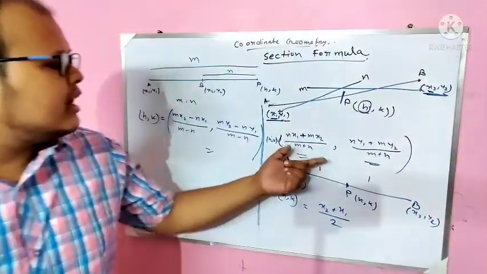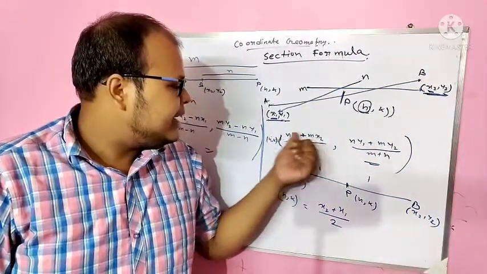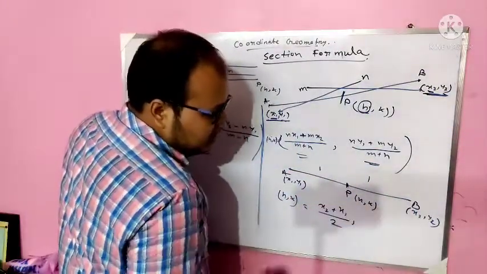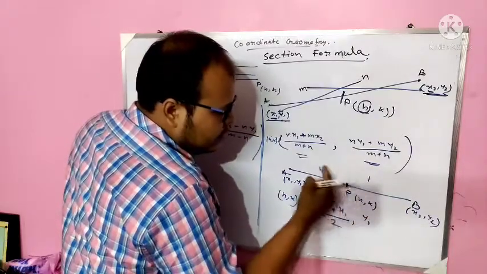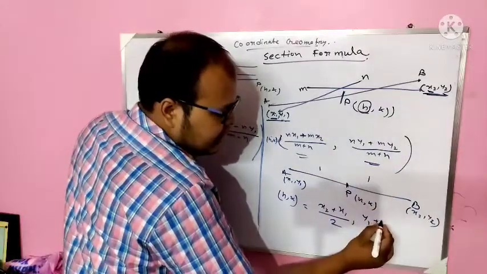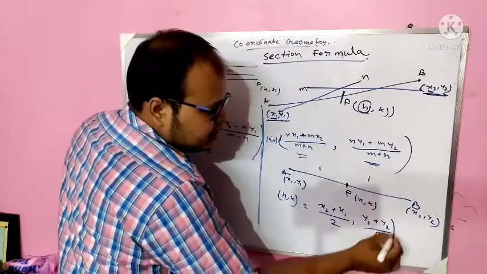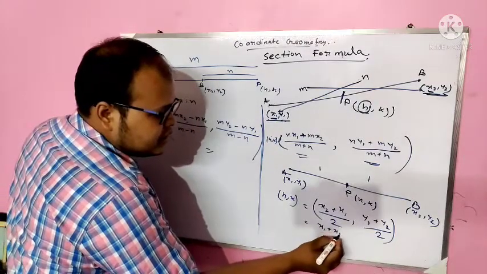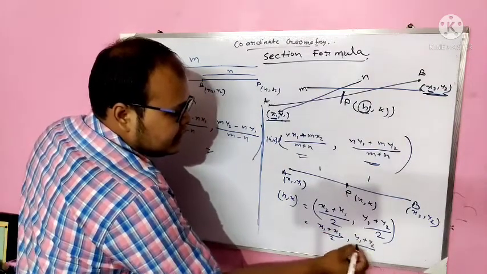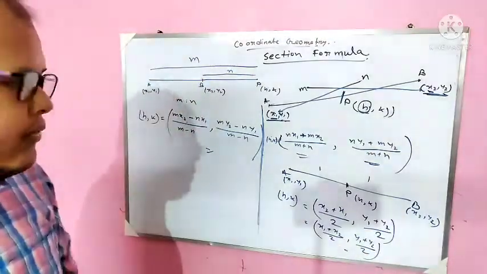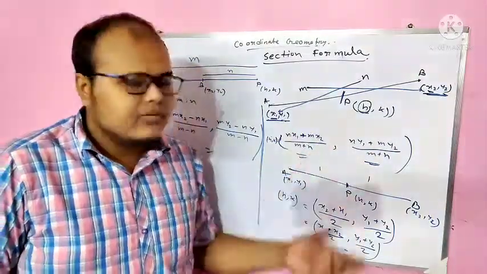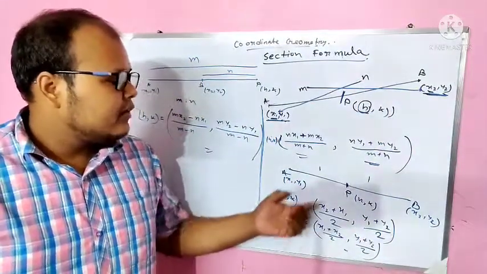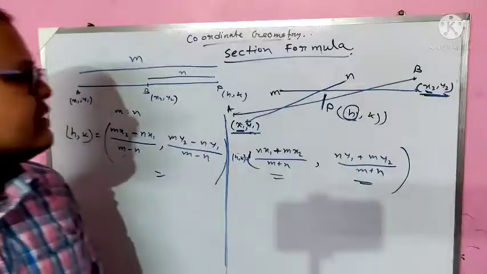We have just used the section formula there, where for m and n, both the values I have used as 1. In case of the y coordinate also, 1 into y1, that is y1 only, plus 1 into y2, that is y2 only, so y1 plus y2 divided by 1 plus 1, that is 2. So the coordinate of the middle point will be given by x1 plus x2 divided by 2, and y1 plus y2 divided by 2. The coordinate of the middle point can be found using this section formula only. So this one can be treated as an important corollary. Many sums may be asked where we have to find the middle point. Okay, these are the section formulas.